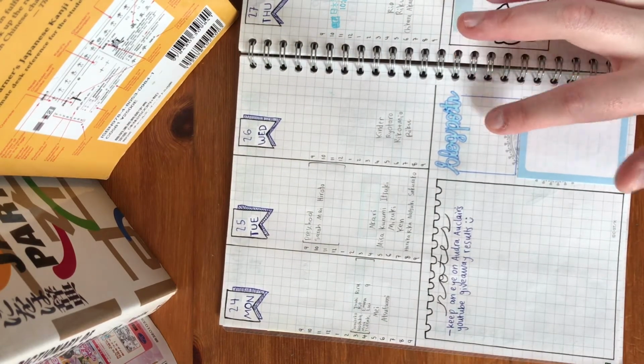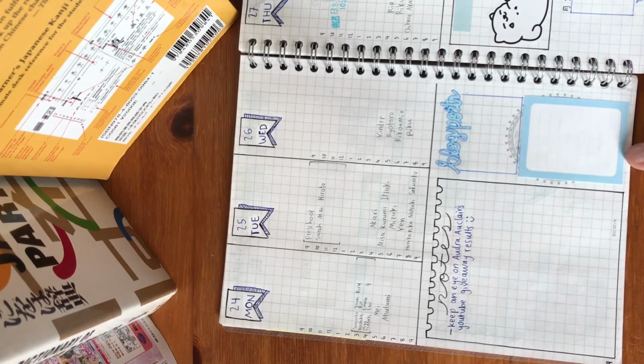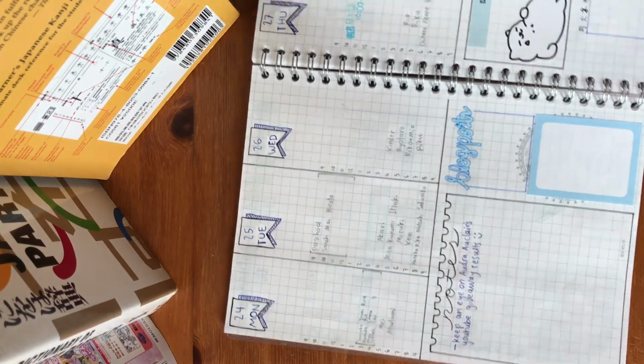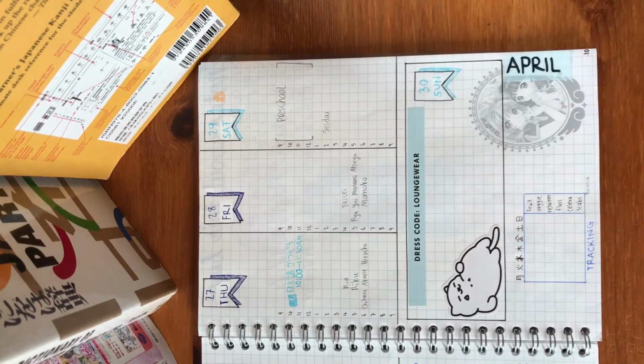Since it's not next week yet, I don't know what blog posts I have to do yet. I covered this up with a cute little note that fit right in the space. I like what I did here with this torn out page style. And I put these stickers here because